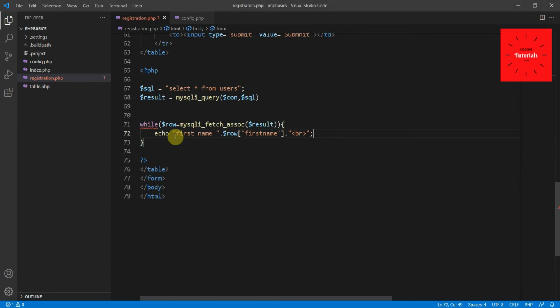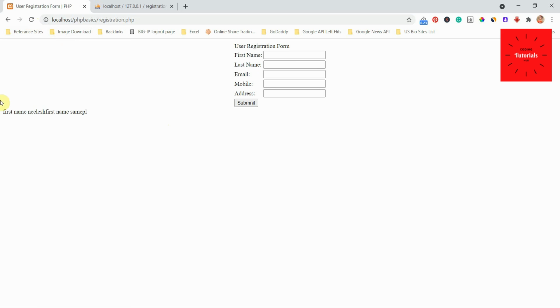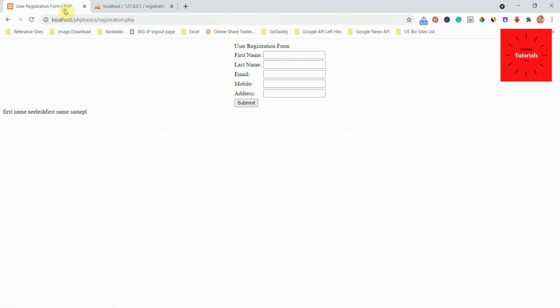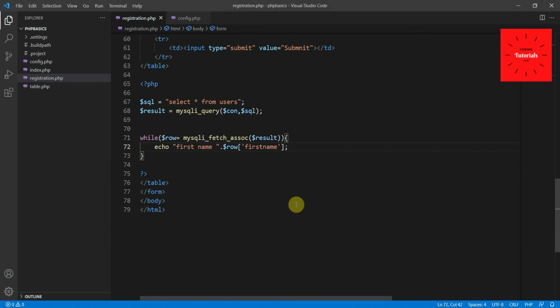Now if you refresh, there is a syntax error. So there, see, first name and first name we have printed. So to print in a table format, what we'll do is